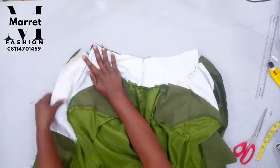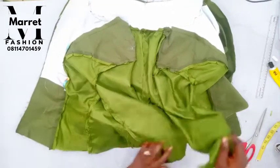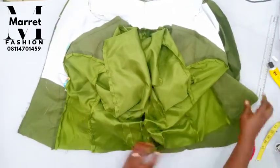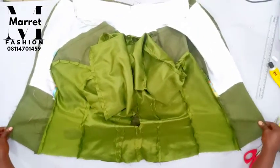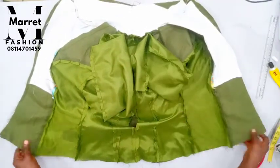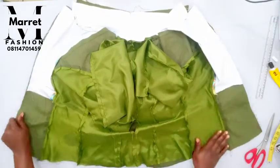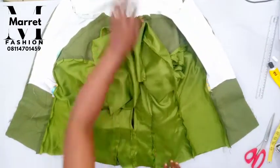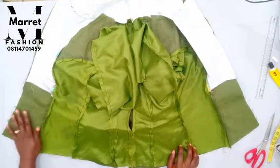Now to join, you're going to start from the hemline. That's the down part of your jacket. You can see how I'm tucking in all the sleeves, so it doesn't pop out anywhere. The sleeves, everything lies inside, and you're placing your fabric right side facing the right side. So right side of your lining facing the right side of your main fabric, and you're going to match up